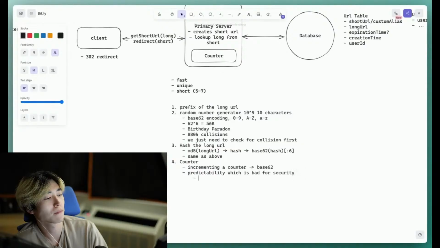Maybe this is a problem, maybe it's not. This is a product decision. We could show a warning when users go to create a short URL, like don't shorten private URLs, we're not responsible for this. That's one option. We can of course have rate limiting, so our competitors can't just come and scrape and grab all of these URLs if they want to. But we also could do something more sophisticated, and that's just not let this become a problem in the first place by introducing something